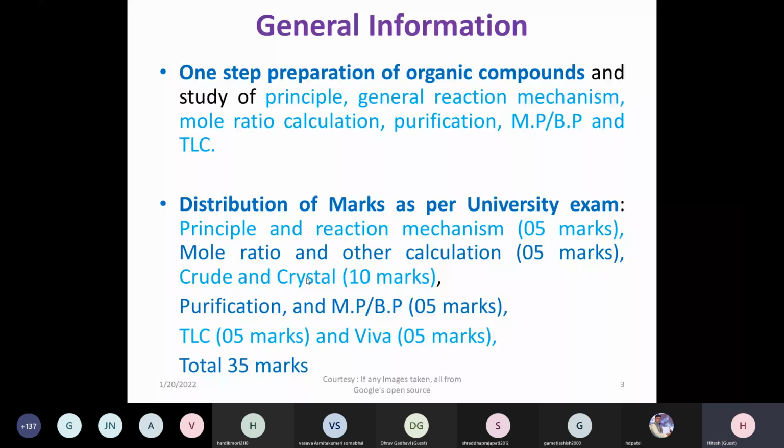Principle and reaction mechanism: you have to write the reaction and the concept behind the particular preparation, and its reaction mechanism will carry 5 marks. Mole ratio and other calculation will carry 5 marks. Crude and crystal have